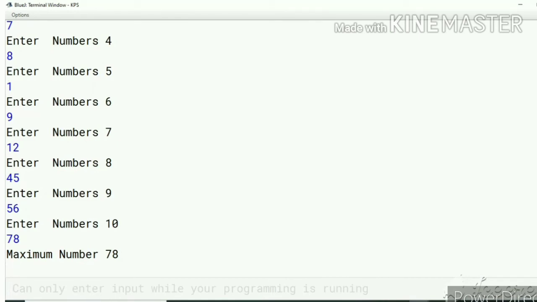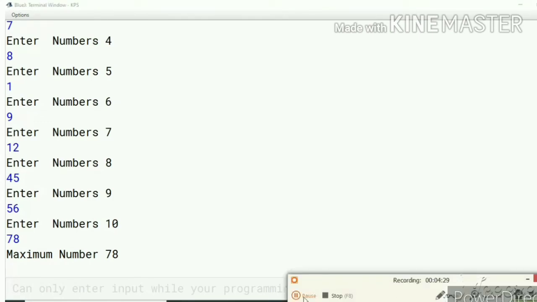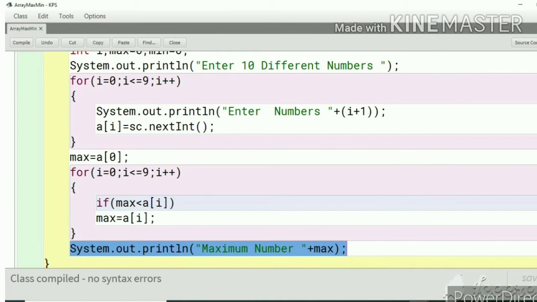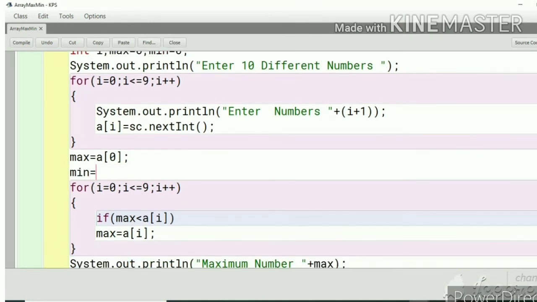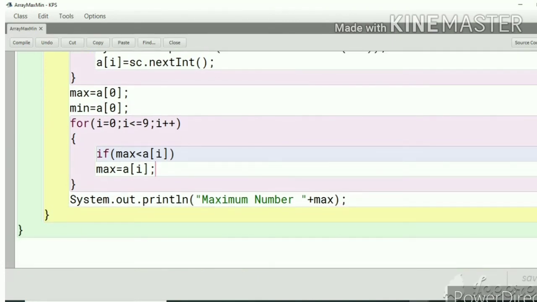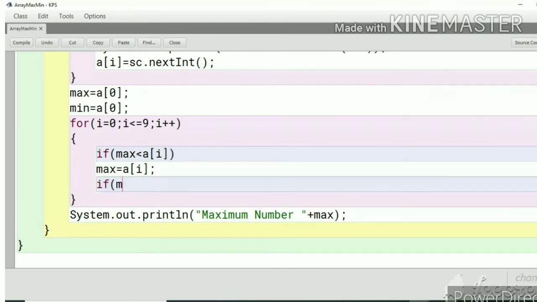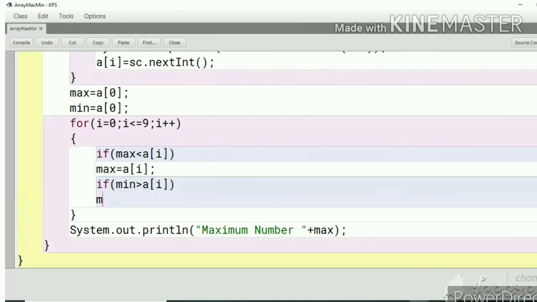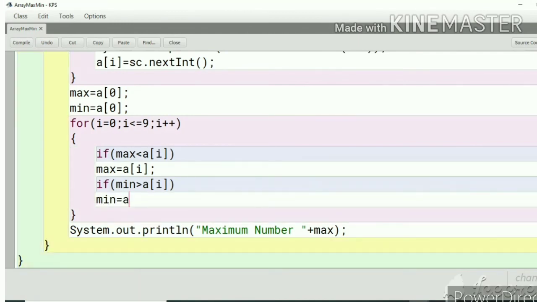Now we will find out the minimum number also. So let's go to the program. So here for the minimum, we will write min is equal to, initialize with the beginning, 0. Only for the minimum we will add here: if min is greater than array i, min is equal to array i.